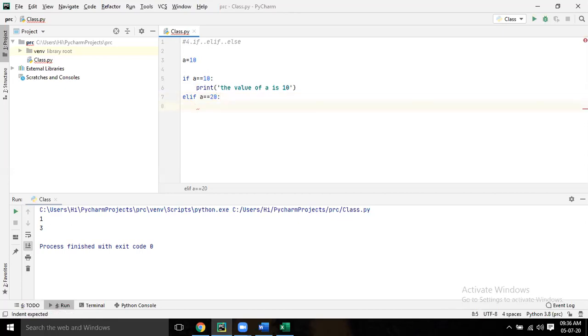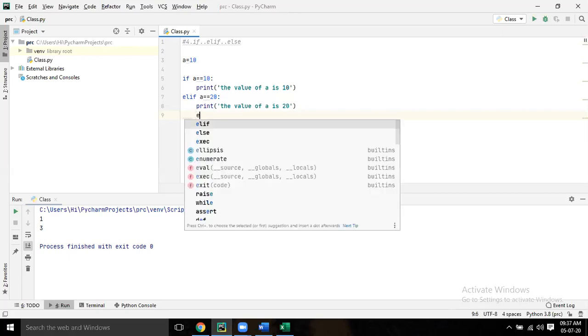Print the value of a is 20. Now, elif a equal to 30, print the value of a is 30.